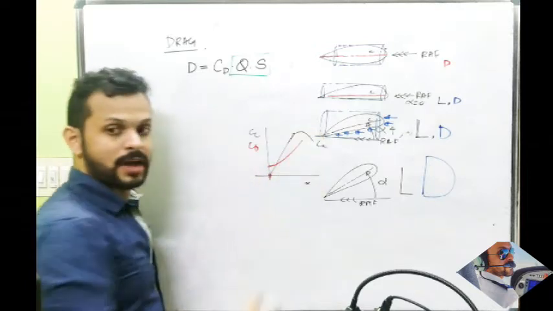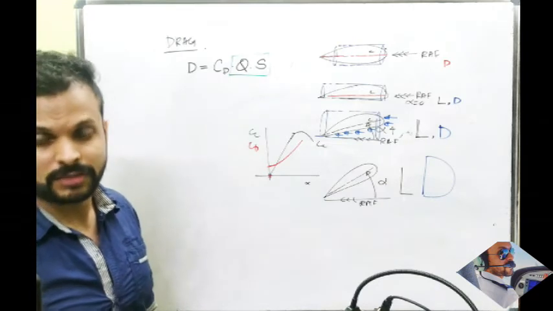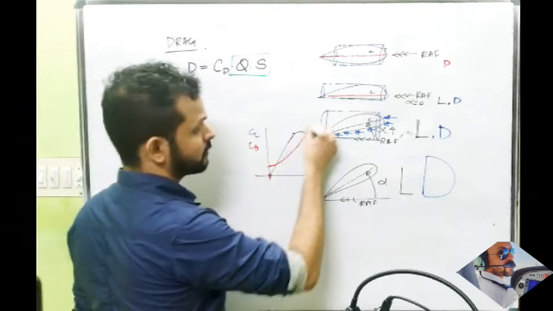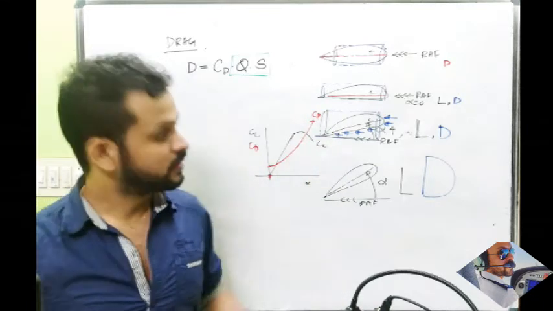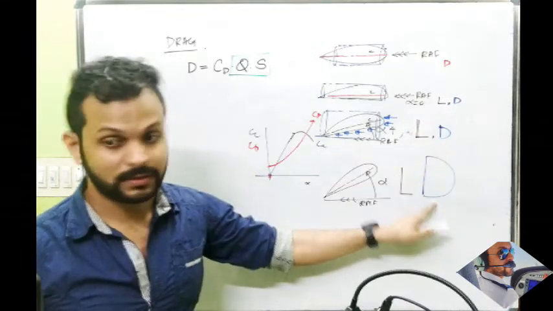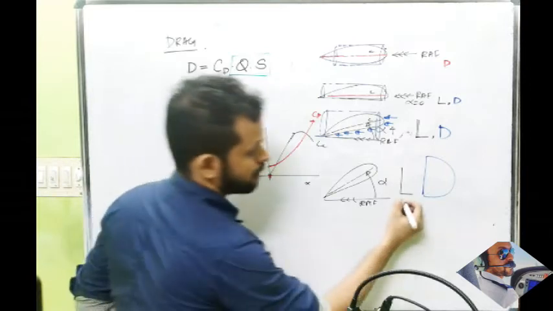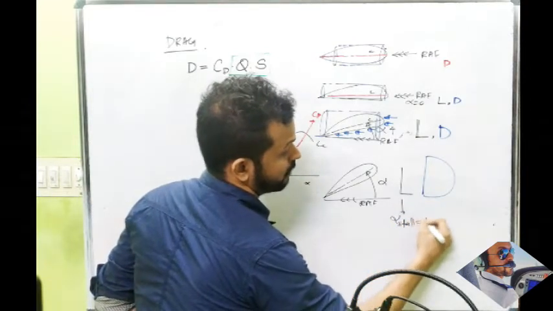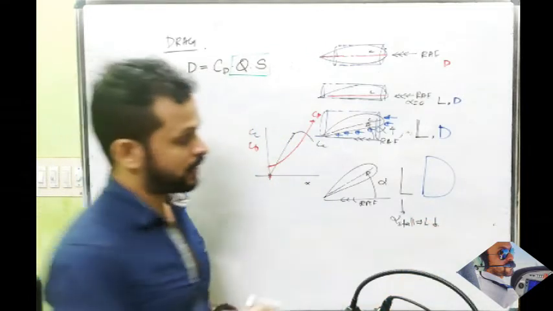What happens to drag after stalling angle of attack? Is the drag going to decrease just like lift? No, sir. No, it continues to increase, correct? Drag keeps on increasing. You can see that here. Drag keeps on increasing, but lift will reach a point until alpha stall, after which the lift is going to reduce, but the drag will still keep increasing